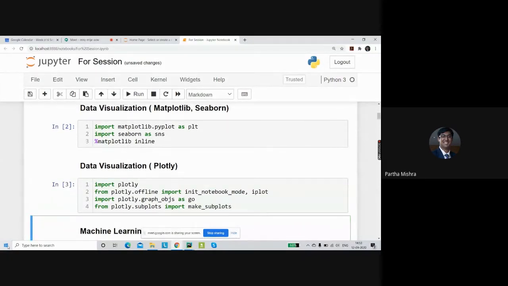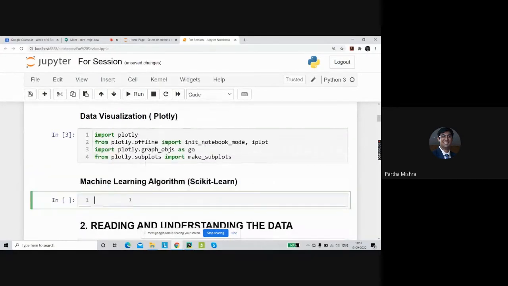Okay. Data visualization has been taken care of. Then the next thing we require is scikit-learn. From scikit-learn, we require 2 components. One, like I mentioned, we need to split the data into test and train. For that, from model selection, we need train test split.